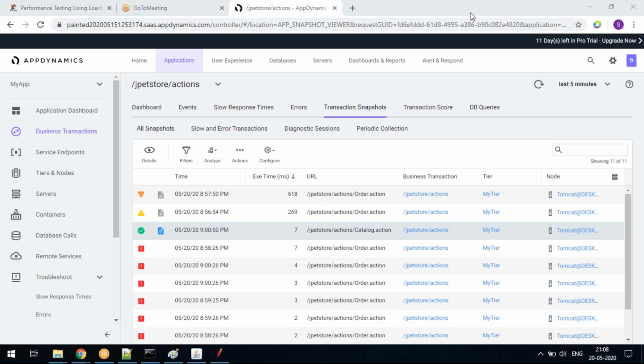Can you share the WAR file, the JPEG store, in our group? Yeah, Dev, please put your Gmail ID in the group, or you can separately ping me also. I'll send it through Google Drive. You can take it, Dev. Not only for them, it is for all. Those who are interested to play around with this, you can provide your Gmail ID. I will share the WAR file to you guys.